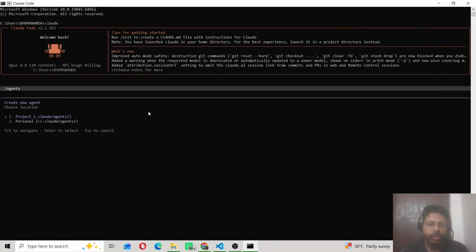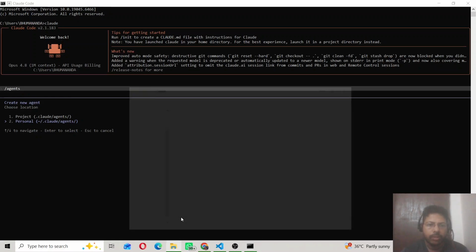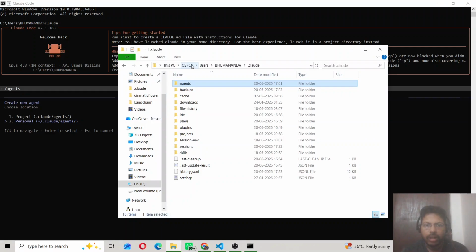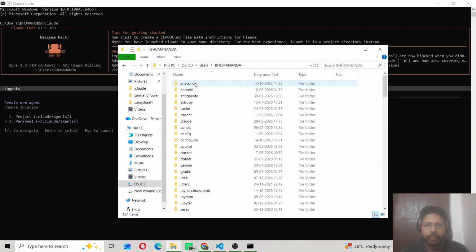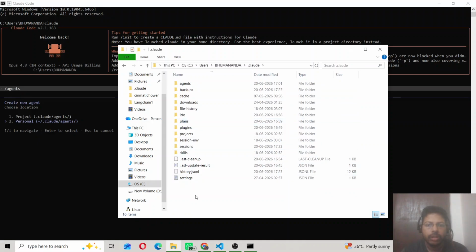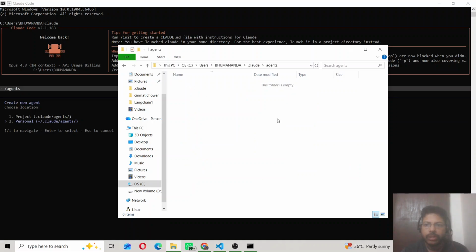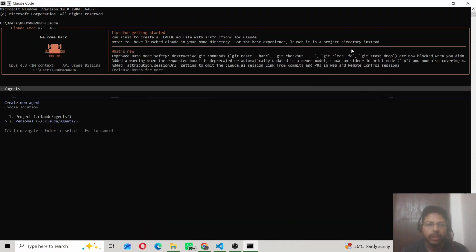So I'm just using the down arrow, personal. Where will the folder for personal agents be created? It will be created in your base folder. Where is the base folder? Here is my base folder: C drive, then users, then my name. You can see the dot Claude folder is here, and inside this the agents folder is here. Okay, so here it will come. So I'm entering, yeah,